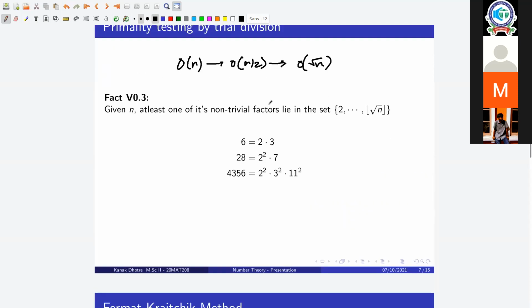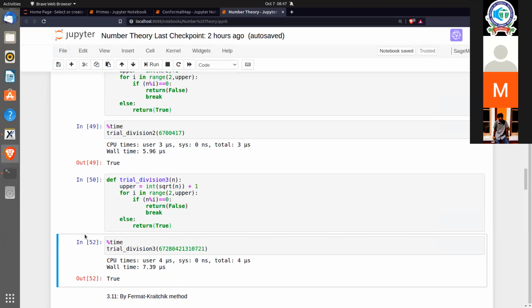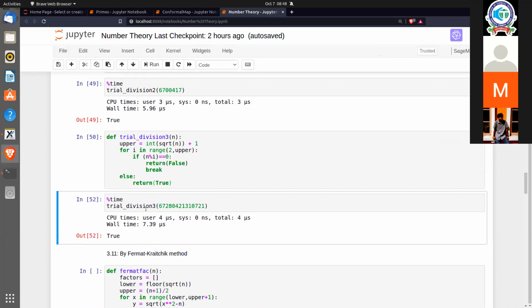Okay, so now you would have noticed that it's pretty easy to check if my number is even or odd. You just look at the last digit and then you can check if it's even or odd. Now we know that every even number that is not 2 is obviously not a prime, because then 2 becomes a factor. So what we can do is, since that is easier to do, factoring 2 out becomes very easy.